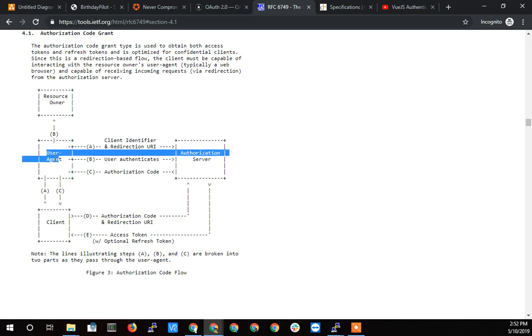And so the browser and the user agent in this case are the draw.io website. Now, the browser can be the user agent and the client can be my Vue.js app in a different app. But here, the front end app and the user agent are both in this draw.io website portion here. And so what's happening is the user agent is sending me over to the authorization server